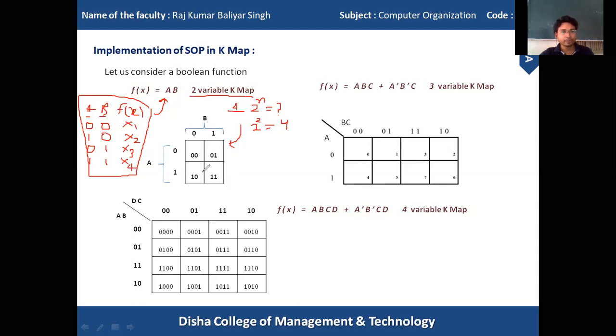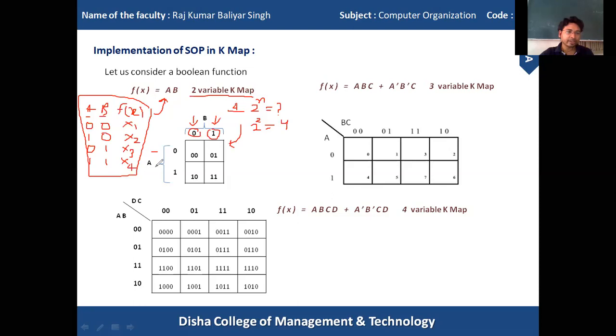As it is a 4-cell table, it has two columns. The first column is represented with 0, and the second column is represented with 1. Similarly, I have two rows.